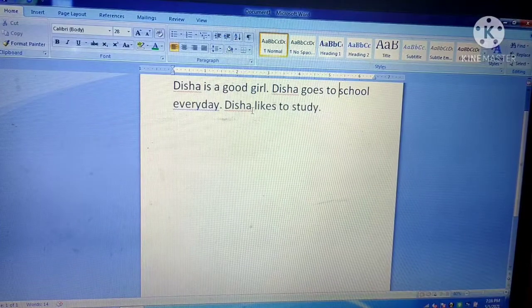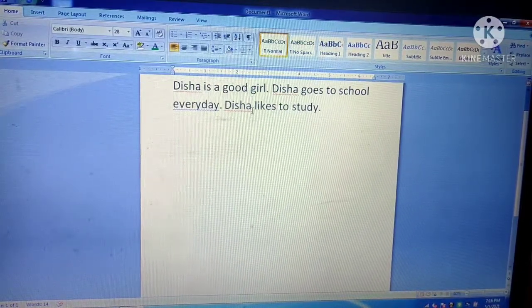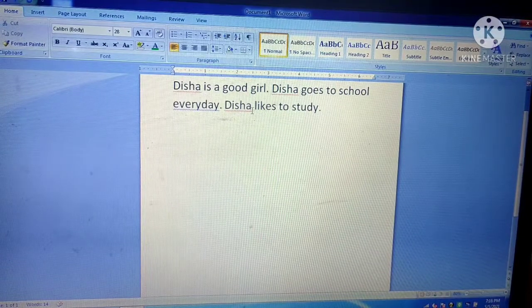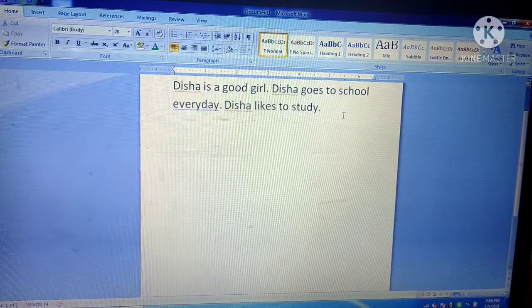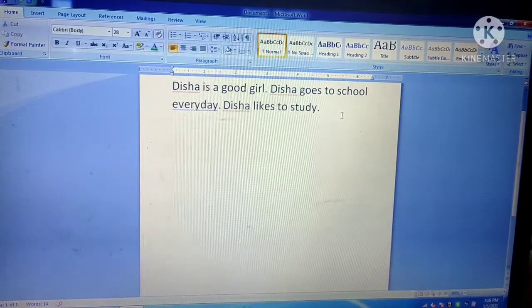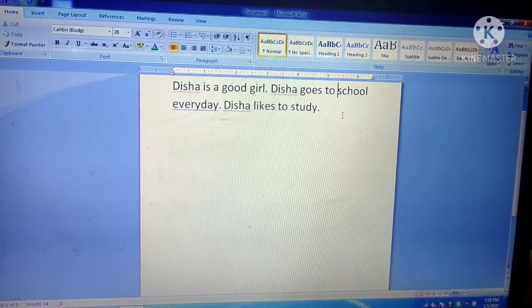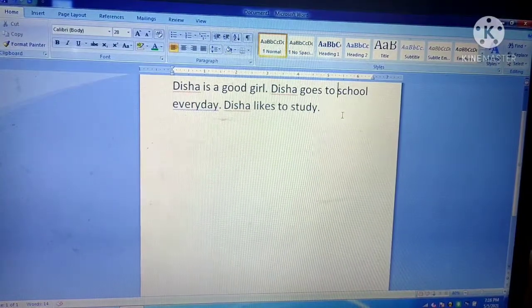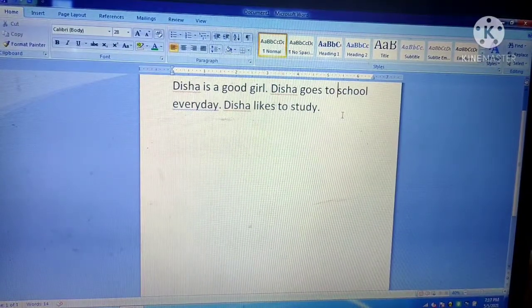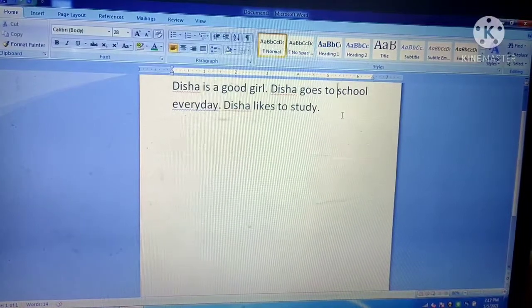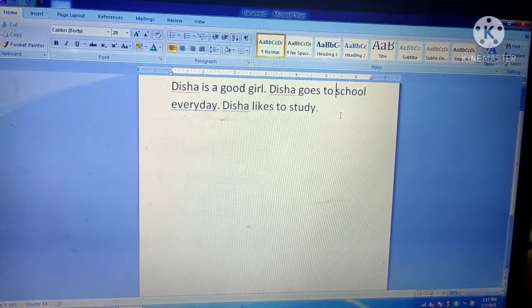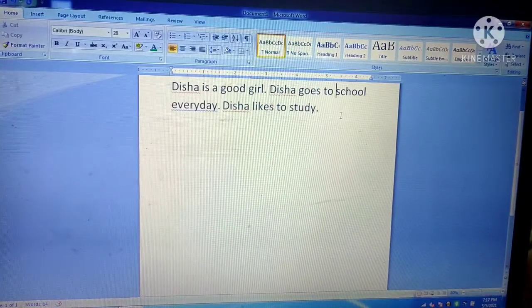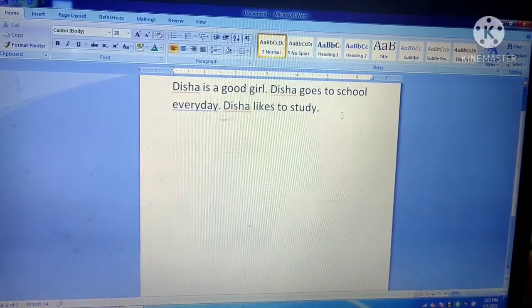If you want to replace it one time, then you can click on the replace option only. I hope you have understood how to find and replace a certain word in MS Word. Okay. After this, we are going to continue exploring the features of MS Word, and the next feature that we are going to do is the paragraph formatting feature.